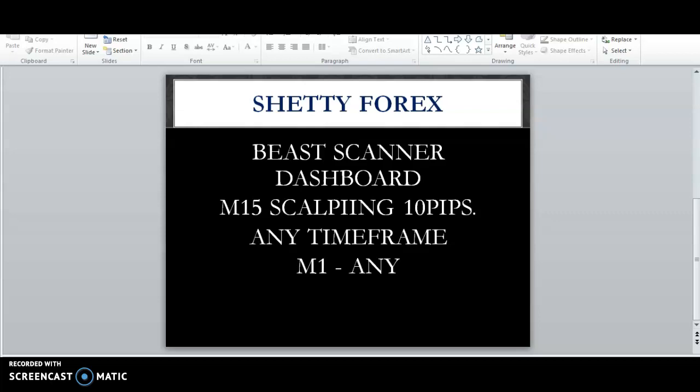Basically this scanner is for 10 to 15 pips TP. You can use it on any time frame like M15, M30, H1, daily, anything as per your wish. But I usually prefer M15 for smaller TP like 5, 10, 15 as per the condition. I take it and I close the trade. I use it along with SNR, like support and resistance, and I have some specific rules while entering into a trade. Let's move to the chart.